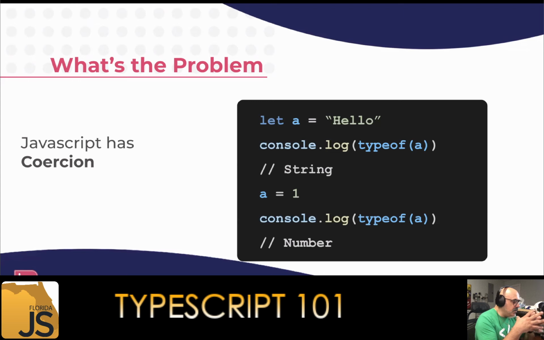So let's look at that. There is something called coercion. I hate the word. I think it sounds awful. This is the trick where we start a variable as a string, as you see in the let. We move forward right there. Let me see if you can see my mouse. You can still see my mouse. We move forward, and now we can say this is type string. Obviously, because it's a let, we can change it. All of a sudden, we've changed it to number 1. There's no problem whatsoever. Type, oh, it's a number now.